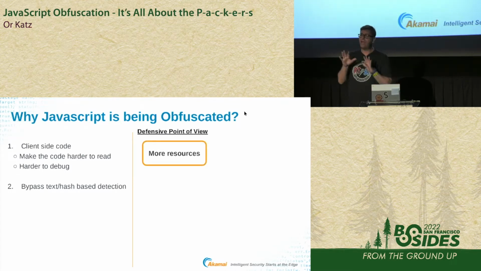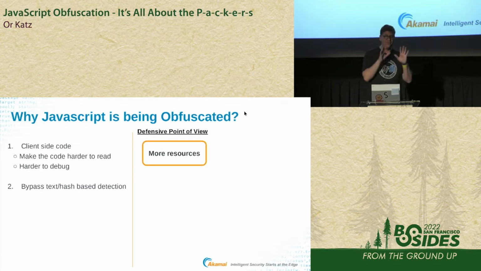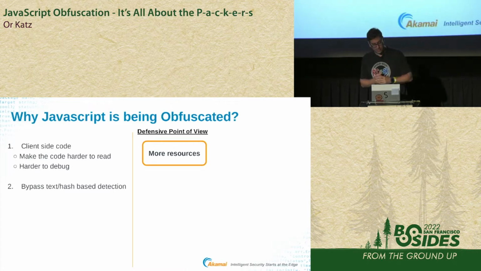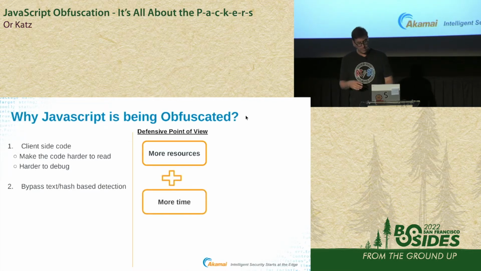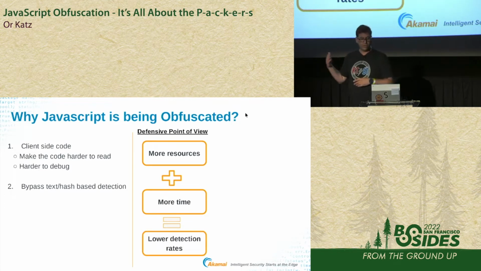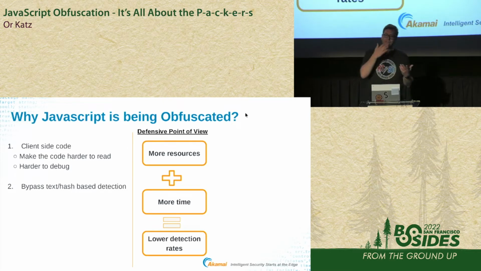Now, I have my own interpretation of why JavaScript is being used in the wild from a malicious point of view, right? That's my perspective, and hopefully you will agree with me. From my point of view, it's all about some sort of an equation that says when you have more resources and more time, from a defensive point of view, that will result in a lower detection rate. Meaning if